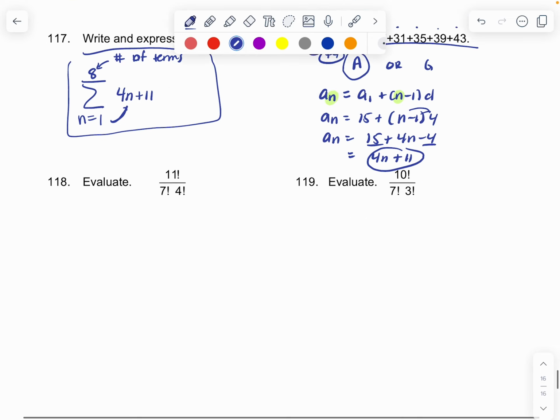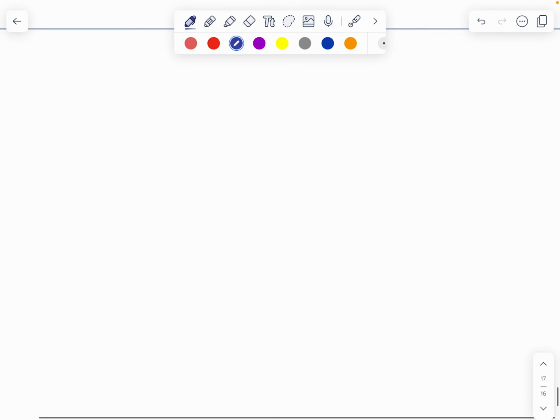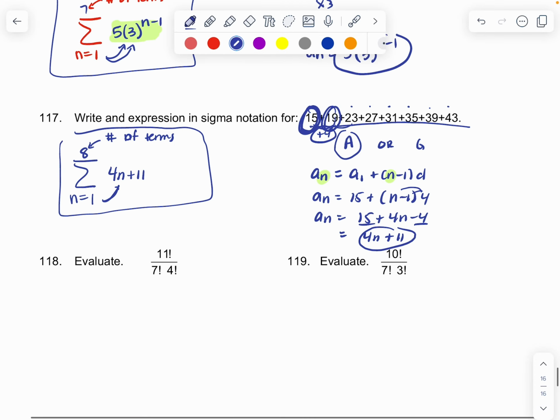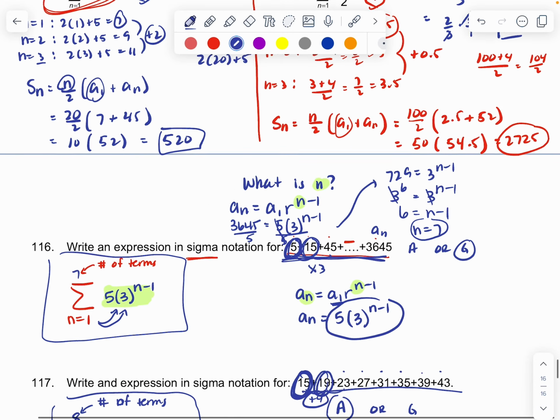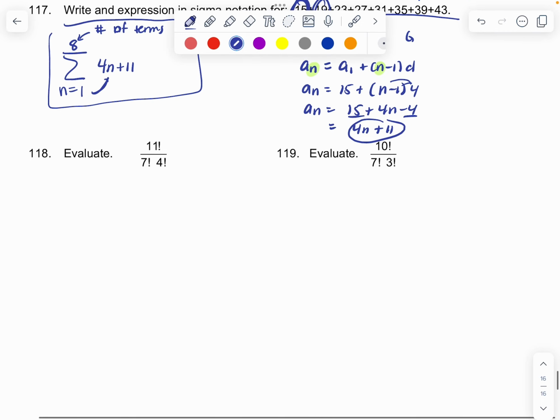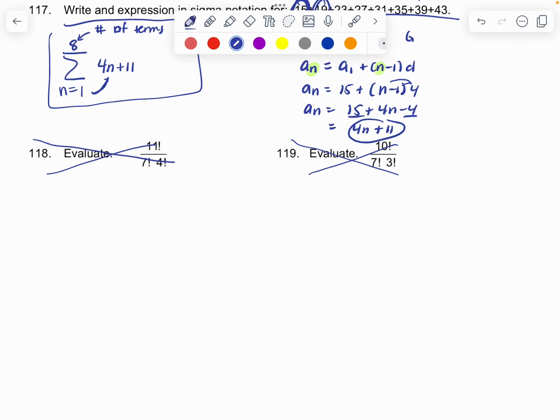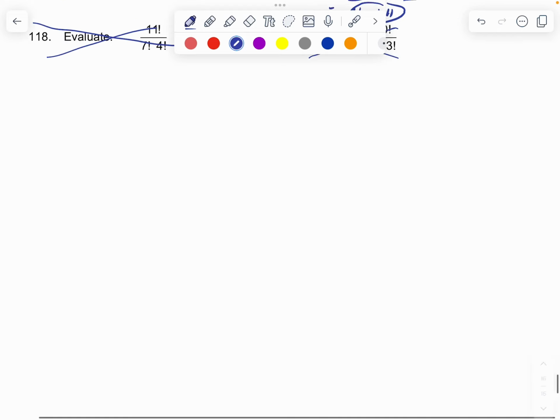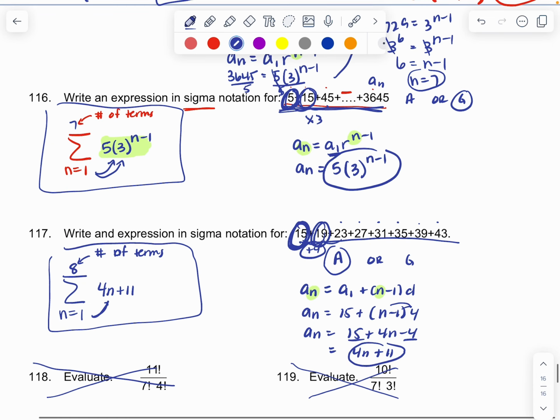Now, you guys, I believe 118 and 119 were actually, we already did those. I think those were like 110 and something else, right? So we don't have to worry about these guys. We already did them. Okay, so you guys, the word problems, I just realized I did not attach them to here, so I'm going to have to upload that and do that on a different video,